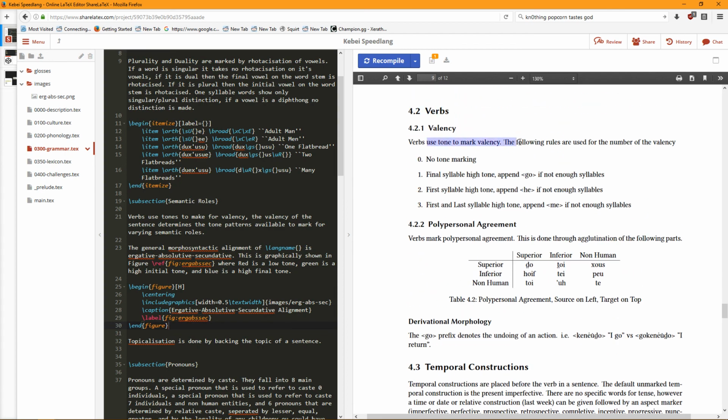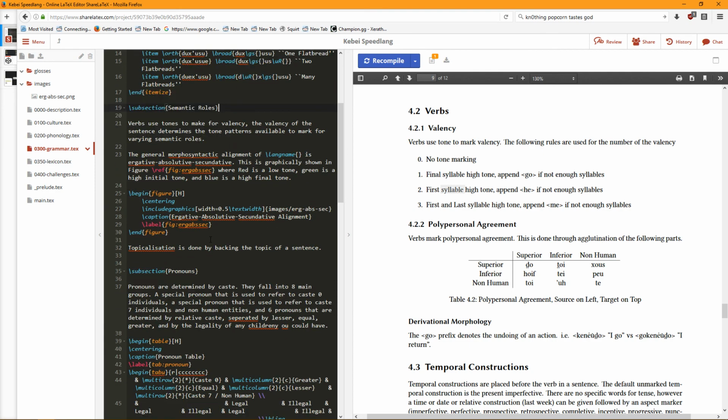Verbs use tone to mark valency. The following rules are used for the number of the valency. 0 is no tone marking. 1 is first syllable high tone. Append ko if not enough syllables. 2 is first syllable high tone. Okay, final and first are the same word. I need to make those not both start with fi.